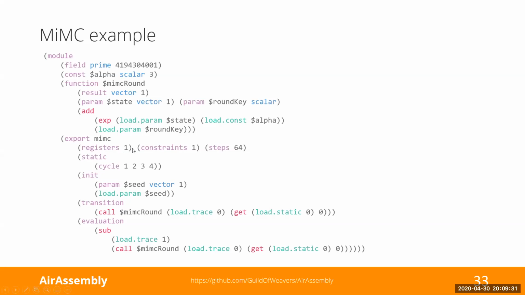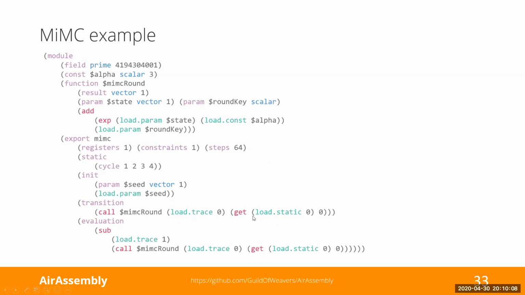It uses 1 dynamic register, has 1 constraint, and runs for 64 steps. It uses a single static register, which is just a repeating cycle of 1, 2, 3, 4. The initializer just takes the seed value and outputs a vector with a single register that has that seed value as the only value in the vector. Then the transition function is very simple. All we do is load the current state of the execution trace, load the current state of the static registers, and get the only value out of it. And we call our MiMC round function using this